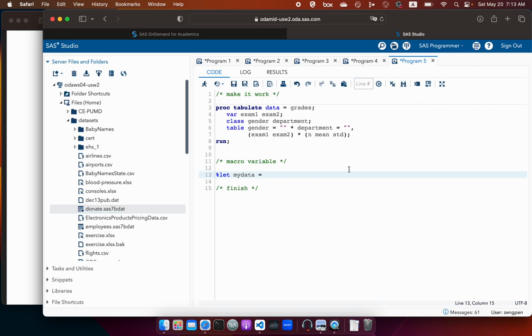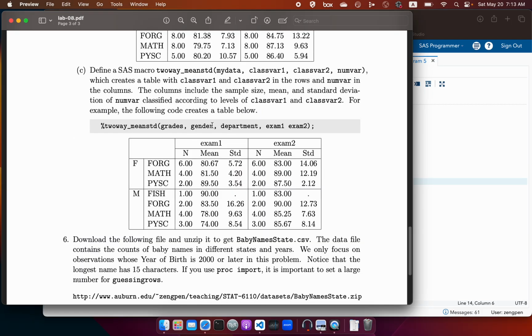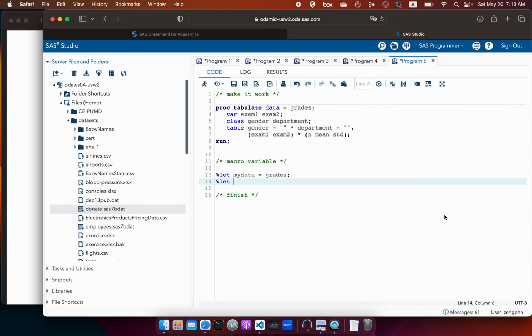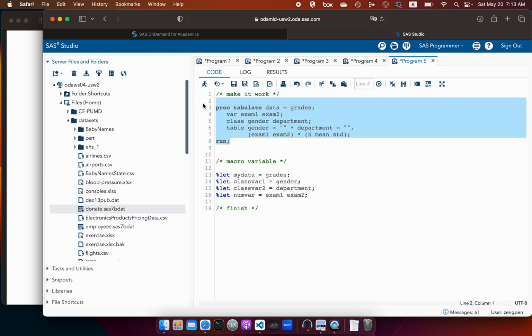My data. So here will be grades, right? So then the next one will be class var1, class var2. Class var1 is the gender, and class var2 is department. And then we will have the num var, so this will be exam 1 and exam 2. Okay, so see for this code,